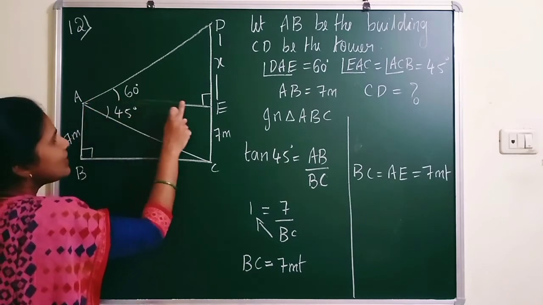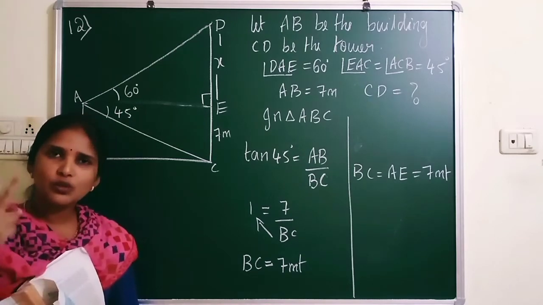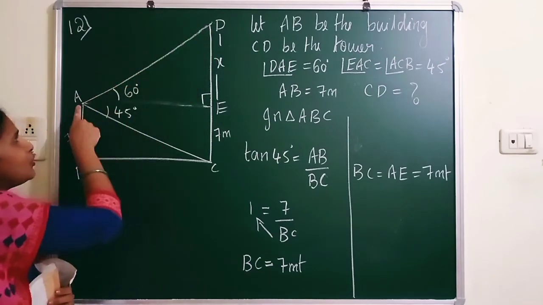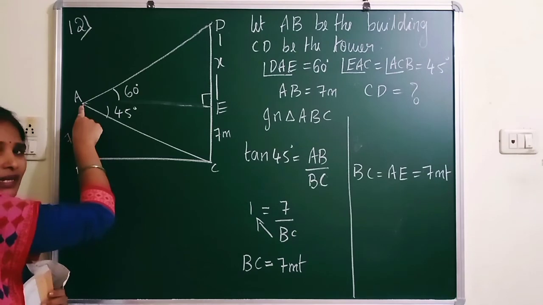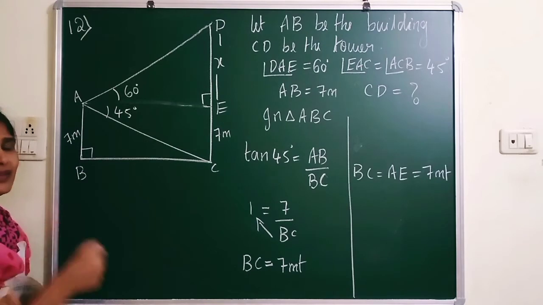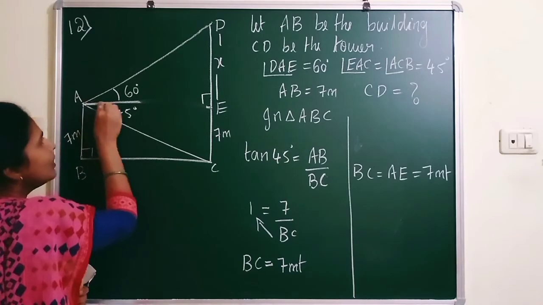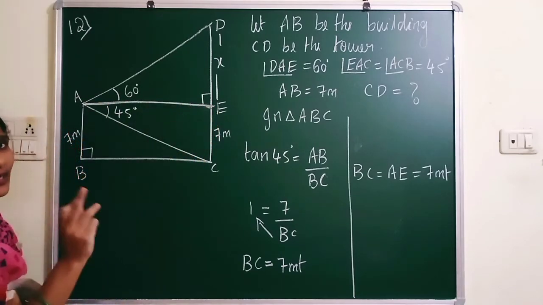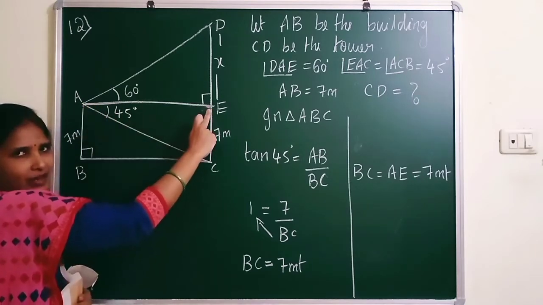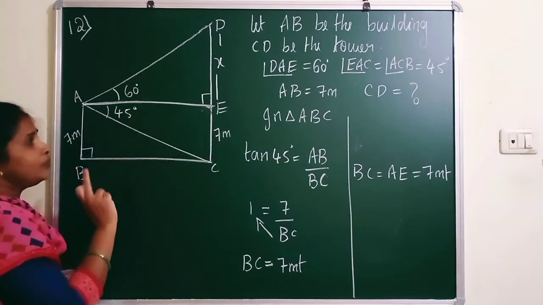Suppose you think that this line, that is AE, is not there. I said already, if you want to take one angle, you need 2 arms. So this is the line of sight from A to D. It is a line of sight you are observing from the top of the building to the top of the tower. Without an arm, you cannot complete an angle. So this arm becomes a horizontal level, which we already learned. When I explained in the introduction part, I told you there is a horizontal level. Because there is no arm, AE acts as a horizontal level, which is parallel to the ground.